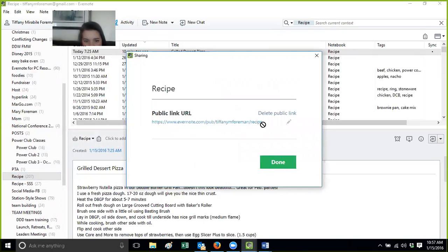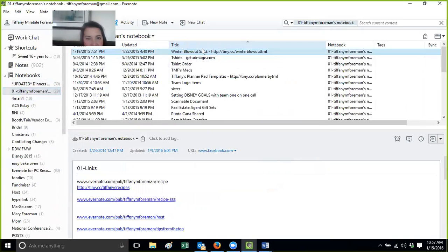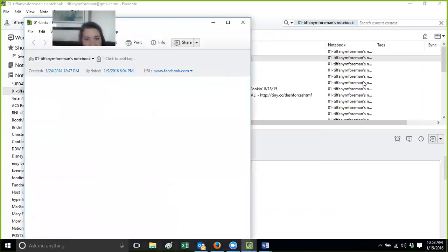Okay. So I can't copy this. See how it won't let me copy? I don't know. It's stupid. Yeah, stupid. There you go. Okay, so that's why I have my links folder, or my links thing, because then I can go in here and say